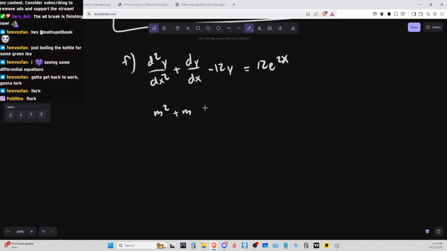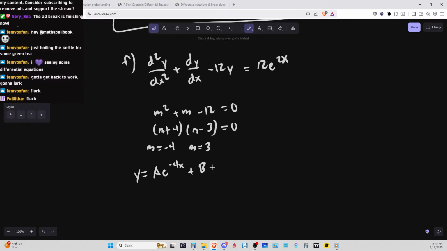Plus m minus 12. Okay, so this one. So I think we'll have 4m, 3 plus m. Oh no, it's supposed to be the opposite. Okay, so it's gonna be plus 4m, 3. So then 3. And then negative 4. Then we have 2 roots. So we're gonna have e to the minus 4 plus b